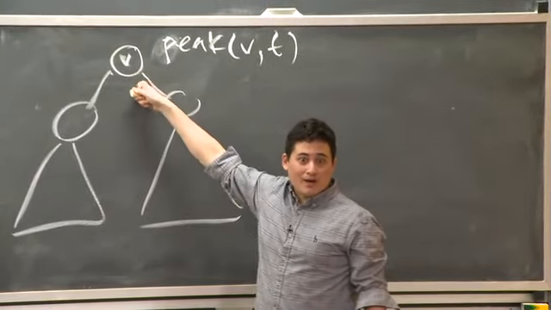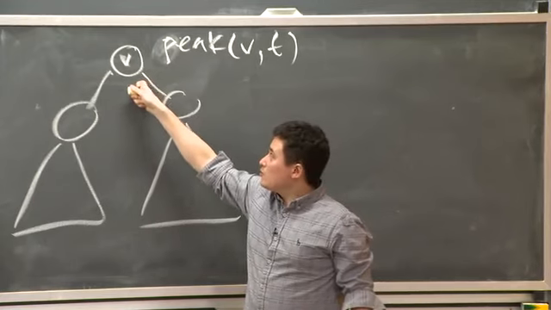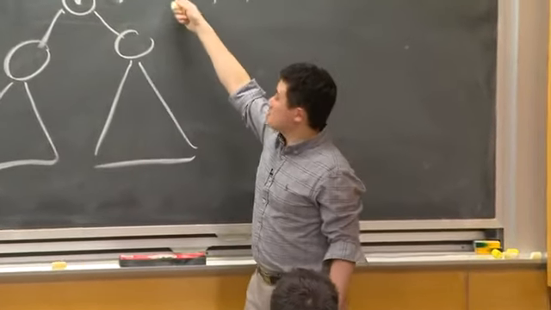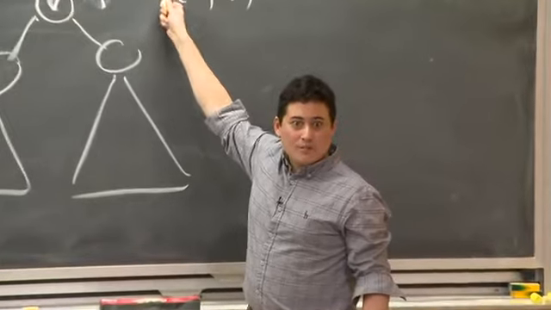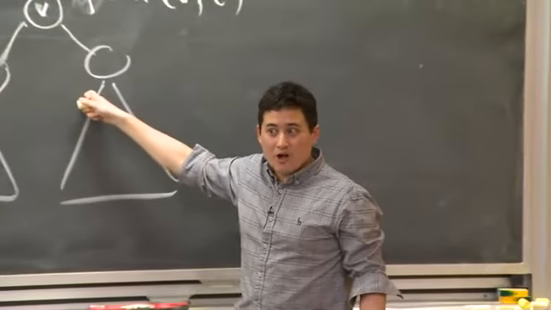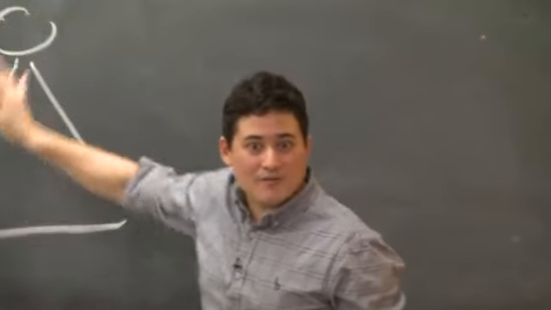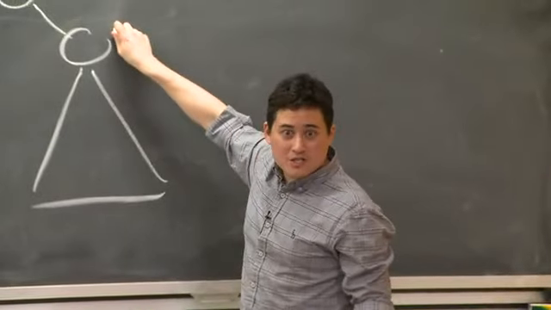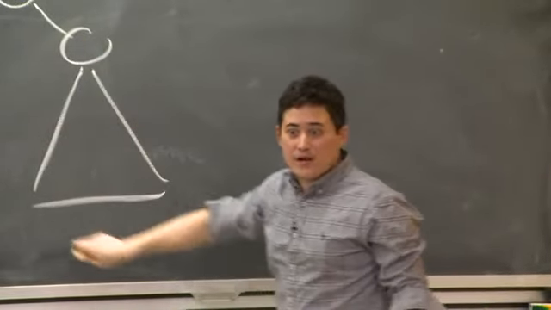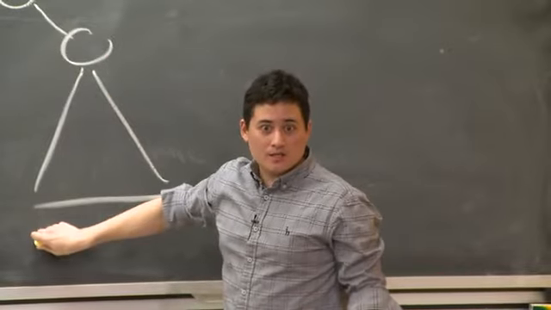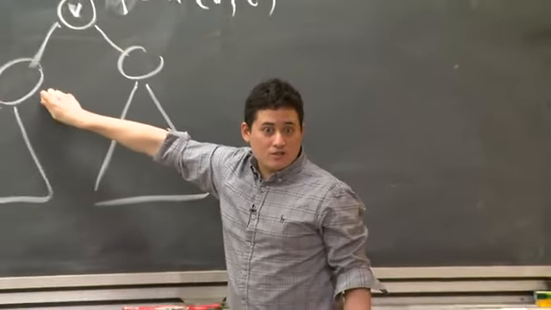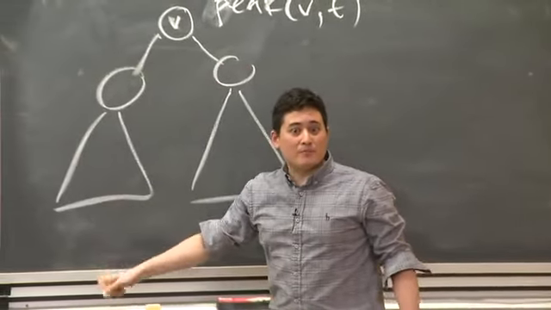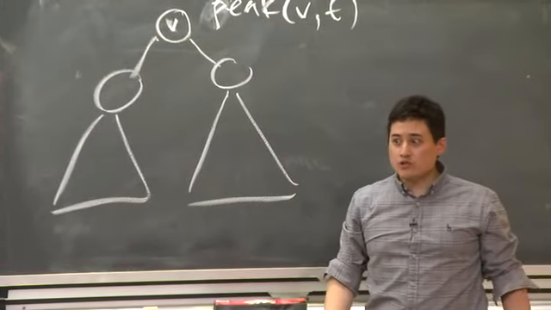What's the other case? I'm in my range. Now I could recursively call both sides, because that's what peak rainfall is asking for. But if I call it recursively on both sides, that could take linear time. I might touch every node in my tree. So why did I do this augmentation? It's so I don't have to do work on this node. I can just return the maximum rainfall in this subtree, and then recurse on the other side. So I did constant work on this side, and one recursive call down here, which could go to the bottom. But that's okay, I can afford to go to the bottom of the tree.